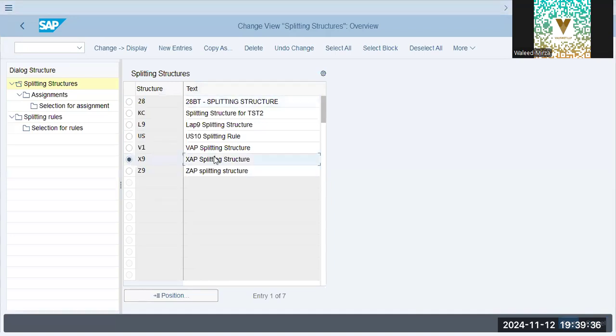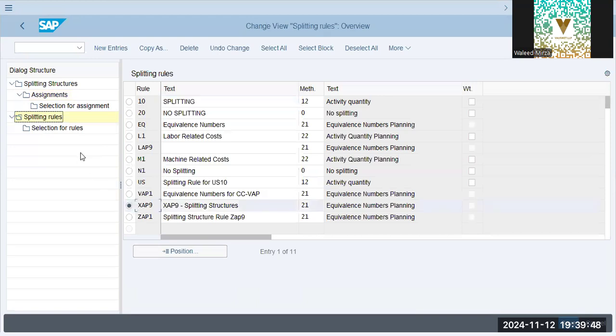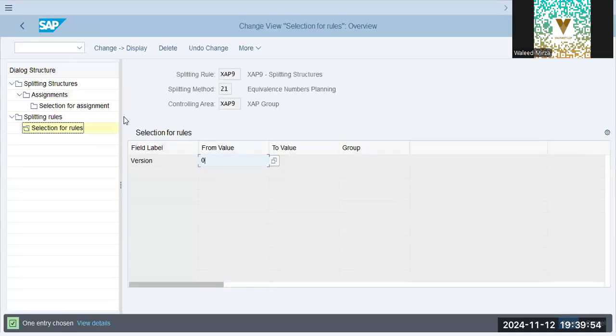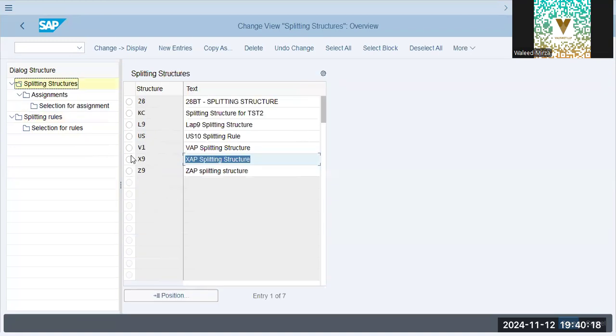ZAP splitting structure. Assignments. Rule is ZAP 9. What are the splitting rules? Splitting rules ZAP 9. 21 is method. Version from 0, and splitting rules is equivalence number planning. Equivalence number planning is basically the percentages that we have given to cost centers that will take the allocation from the sender. That is 21. Okay. Now, if you go back to splitting structures, ZAP 9,